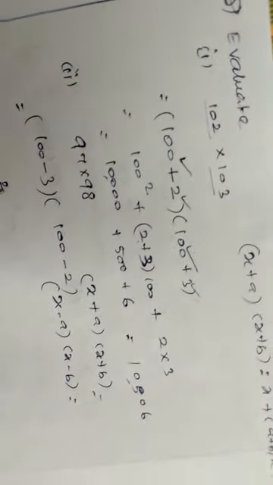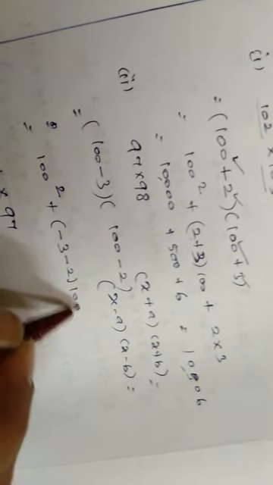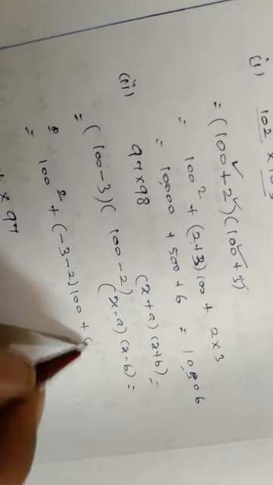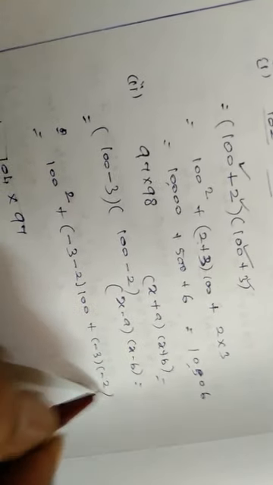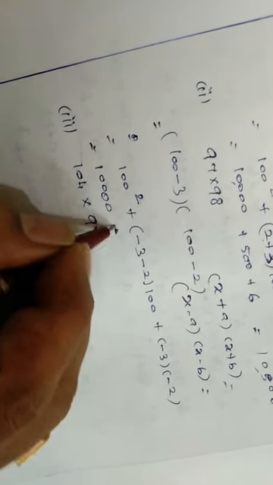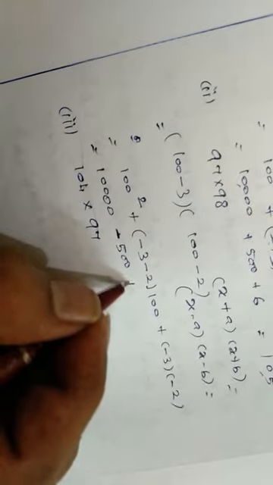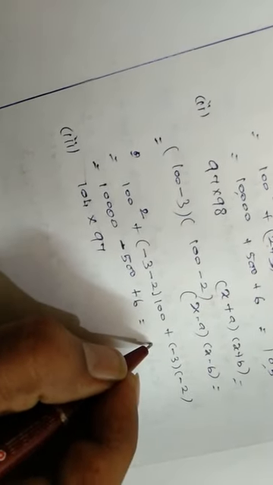So that is 100 square, plus minus 3 minus 2 into 100, plus minus 3 into minus 2. So a value minus 3, b value minus 2. So 100 square is 10,000, minus 500, and minus into minus is plus, so plus 6. So 10,006,